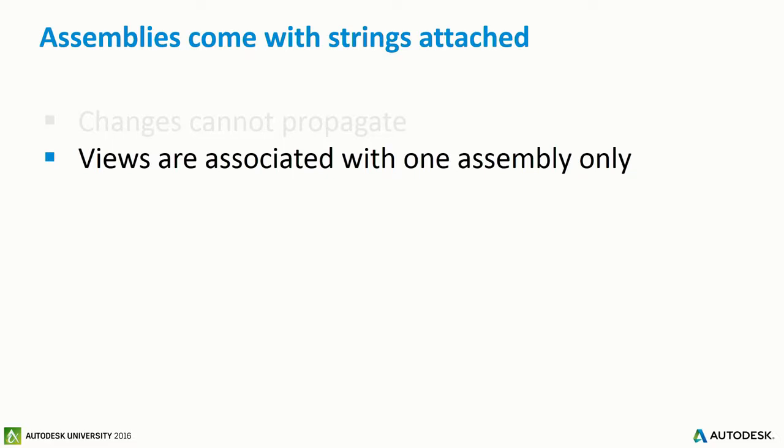Views that we create from an assembly, so these are what we're going to call the shop views or the ticket views. The views that we create from that assembly are associated to an instance of that assembly. So if we have 50 instances of the assembly around, whatever one we used to create the views, those views are attached or associated with that assembly. Why is that a problem? Who cares? It's a problem because if you change that assembly for some reason, have to add an element to it, want to change your rebar size, whatever it happens to be, that forces you to delete those views, or